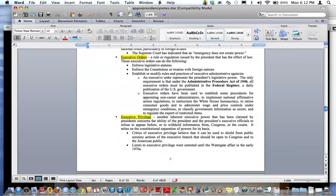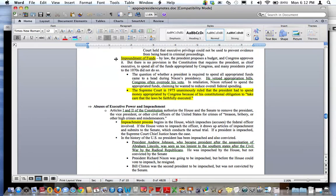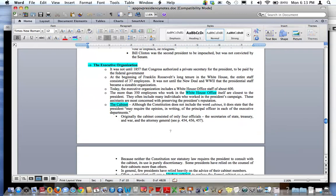Patronage. Emergency executive powers, executive privilege. Impoundment of funds, that's when the president refuses to spend money that Congress has already approved, and I mentioned that in the bureaucracy review. The last thing right here, the White House office, those are the ones closest to the